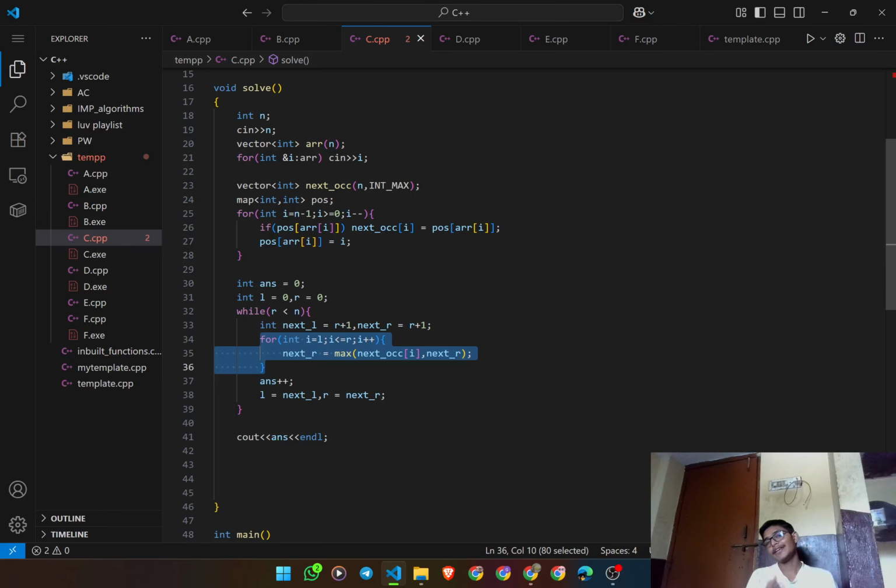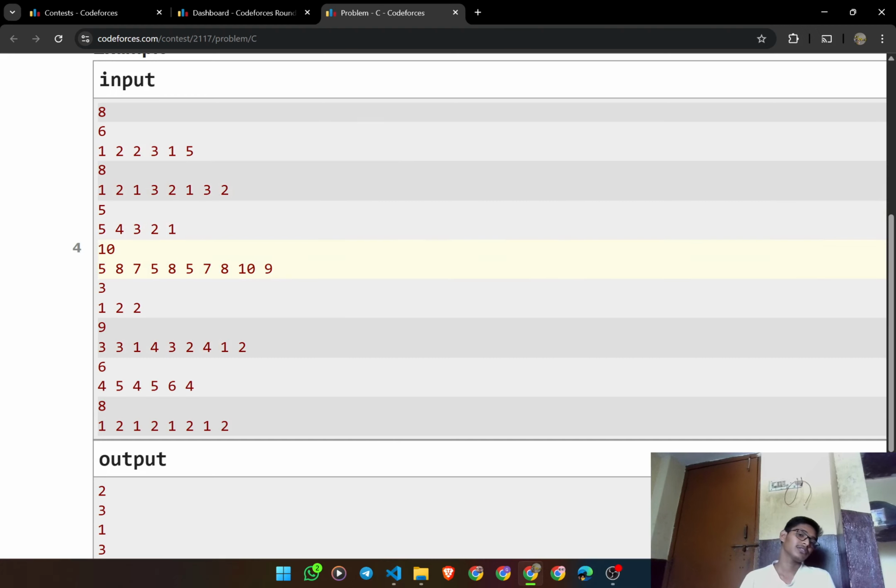So if we get any element which does not have the next occurrence, it will be treated as int max, and the next r will be int max. So it is not satisfying the condition that it should be less than n. So that's why the loop breaks when we get any element which doesn't have the next occurrence, and we have printed the answer,